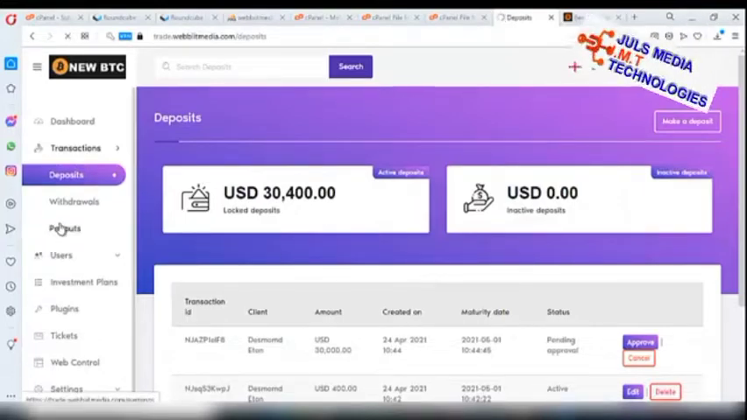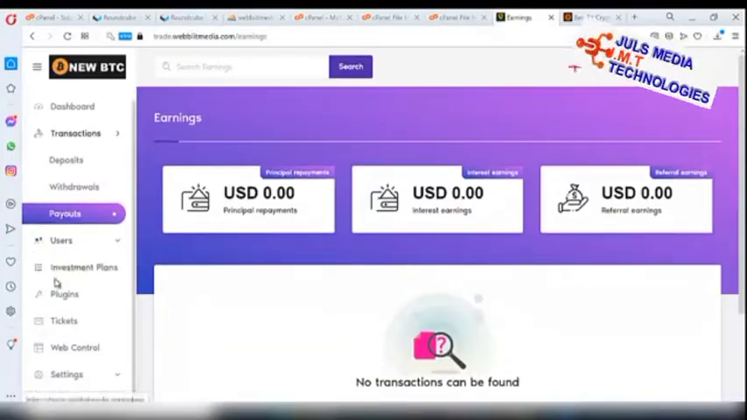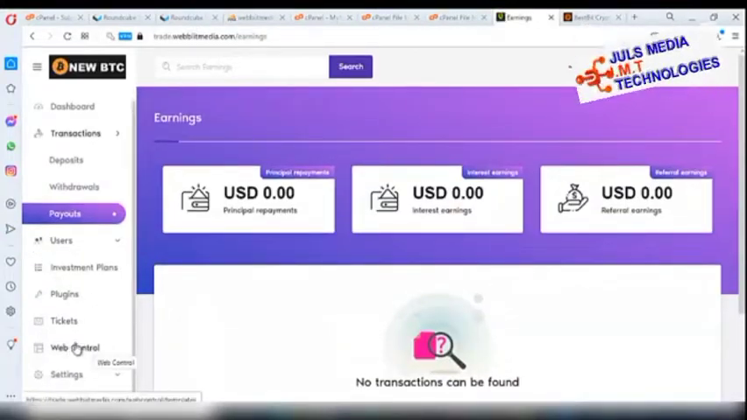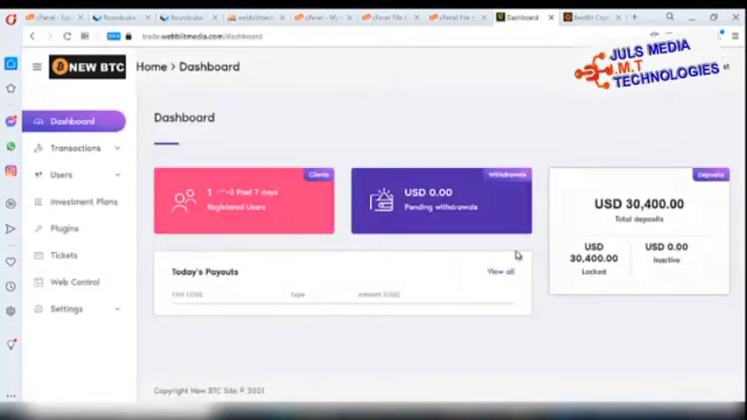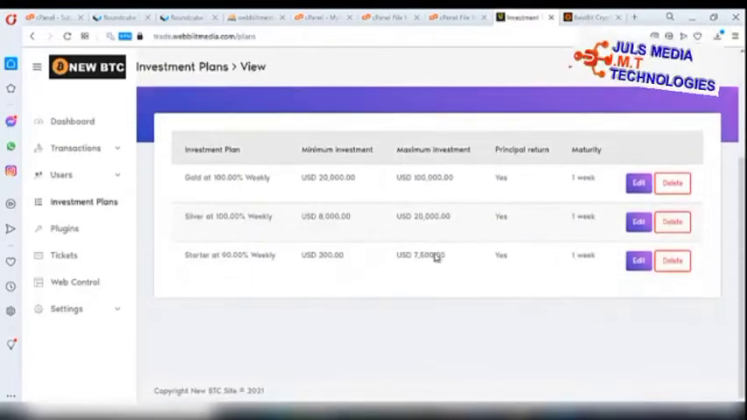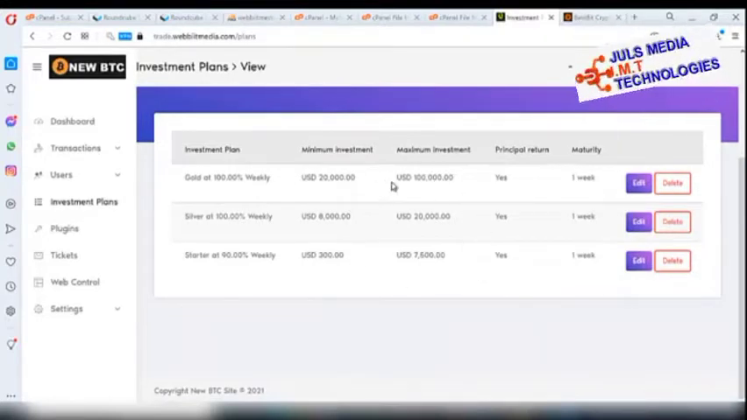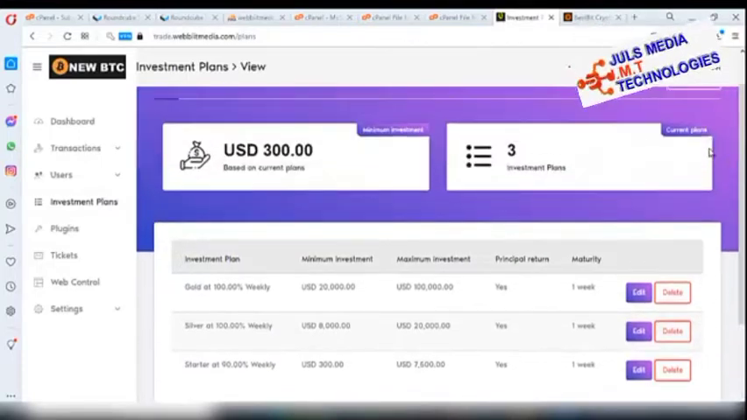So let's come to payout again. You see that? So from payout, you're going to see the people who have earned. So let's go back to dashboard, right? So you see that we are right here in dashboard, and the total deposit is $30,400 that has been deposited in our system. And we can go to investment plans again, and we can see all of the investment that has been created. Can you see that? And you can add more